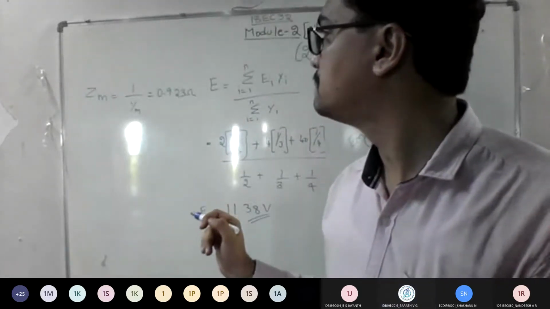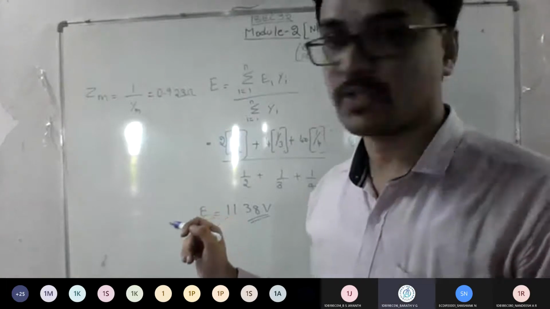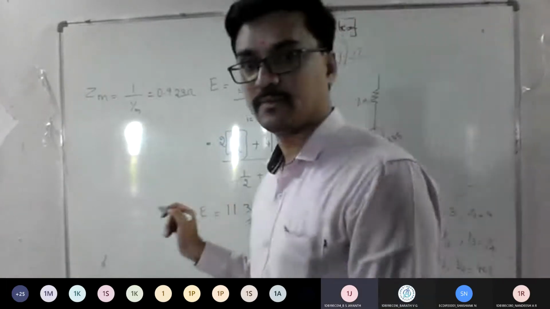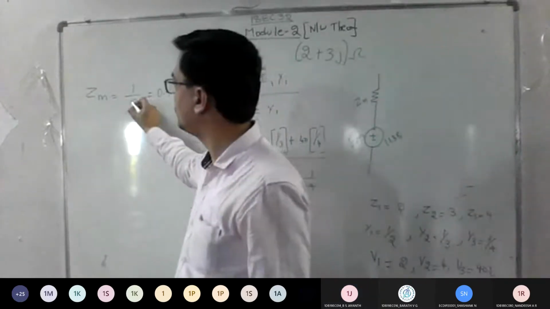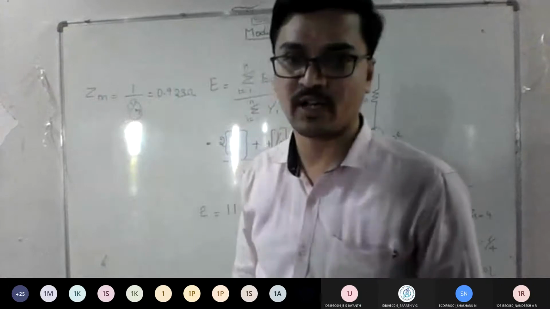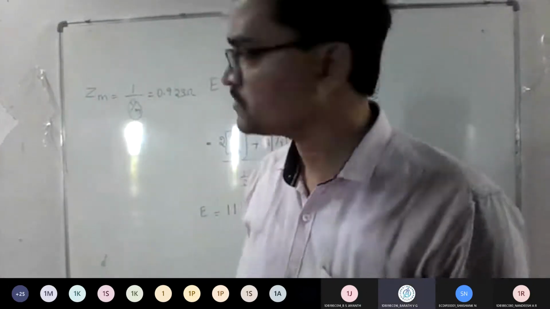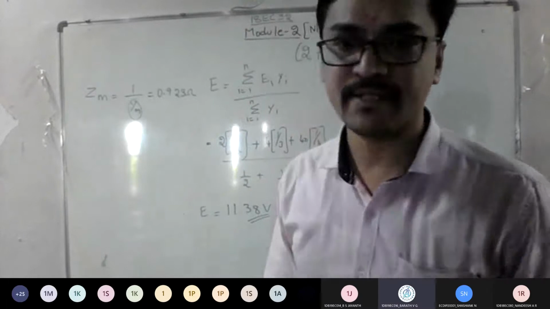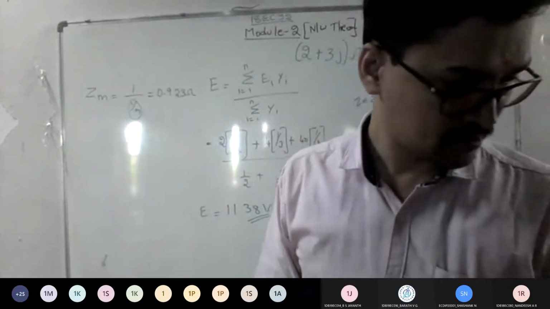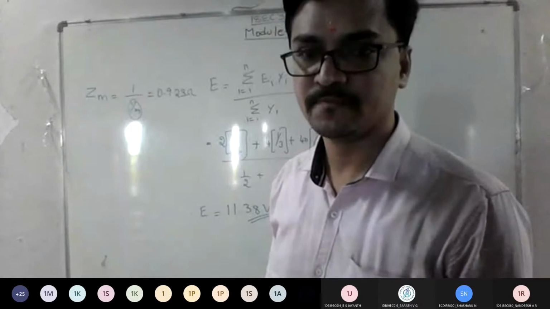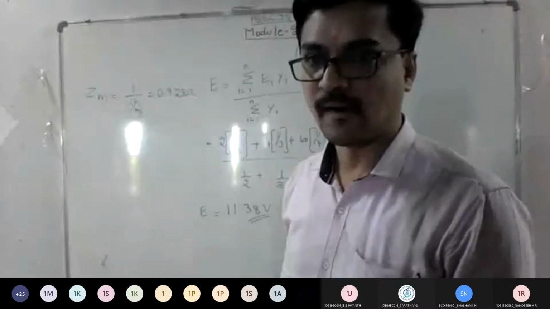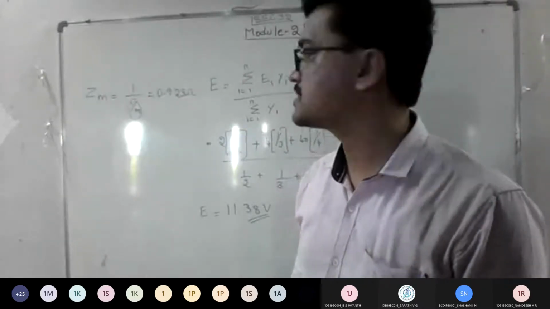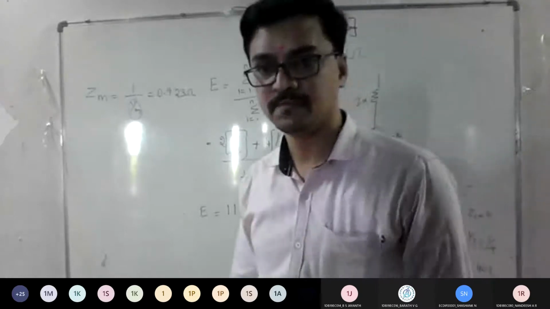Which one? Z equivalent. Check out once more. Sir, that's 0.9, the value of admittance. Yeah, you need to take the reciprocal of that. See, you got Ym, I want Zm, right? You should take the reciprocal of that. Value of Ym is 0.92. Yes, the value of Zm is 0.92? Just check it out. Others, is it fine? Shreyas, what's the answer? Is it correct? Zm is 0.92?